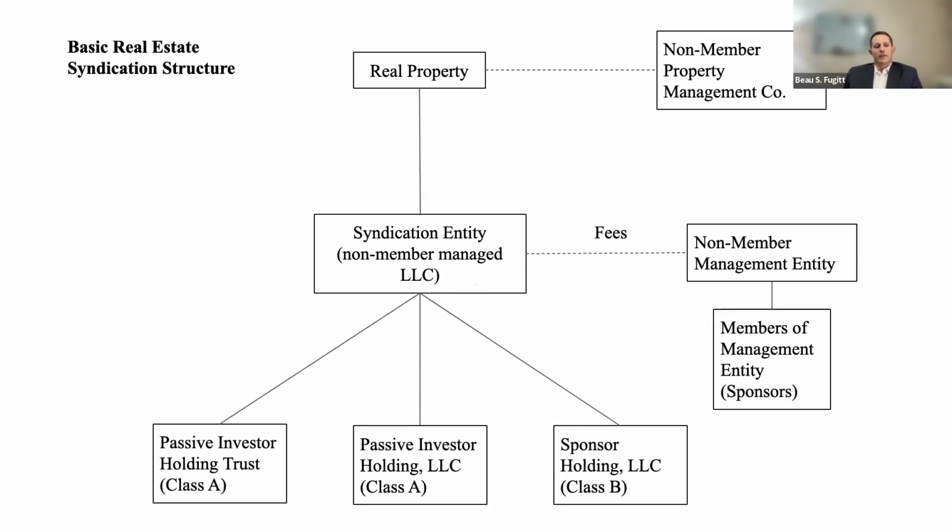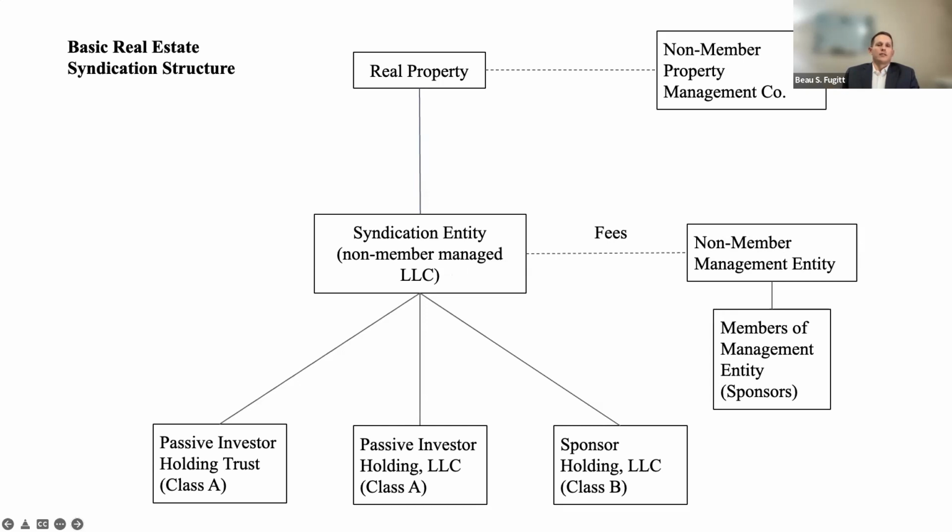So here's how I would do that. I would set up a different entity. Again, it's one of those cost benefit analysis, risk reward analyses that you just have to make and determine, okay, is it worth setting up another entity that's going to handle the property management as opposed to having the non-member manager actually manage the real property too. I've seen plenty of deals where this management entity will manage the syndication entity as well as manage the property. And that's fine.